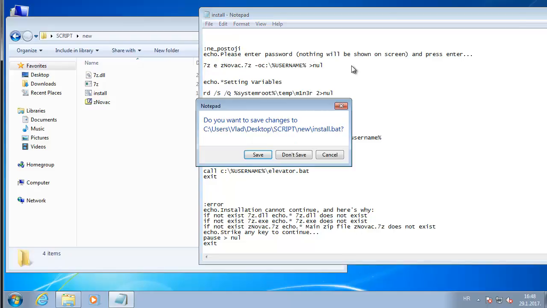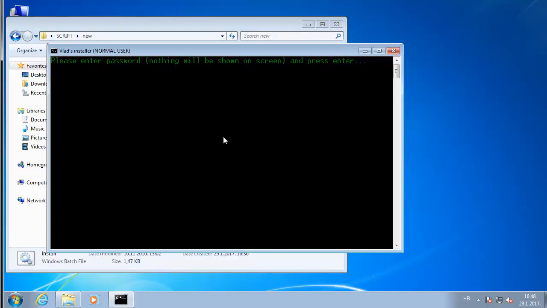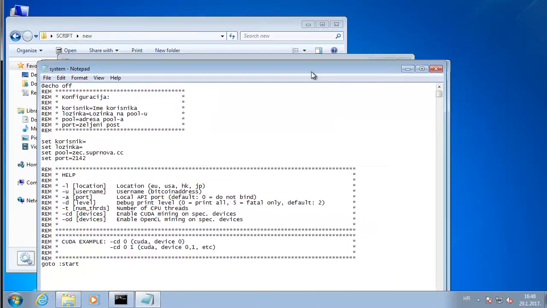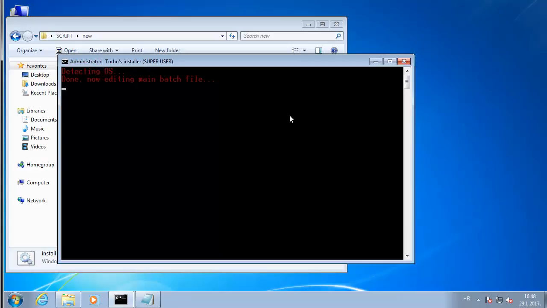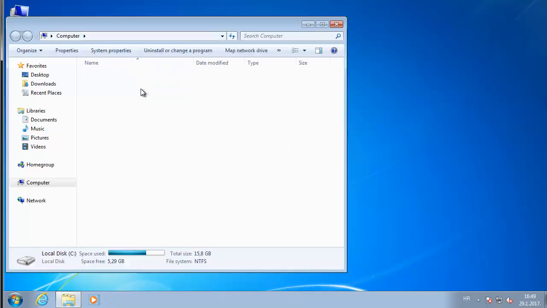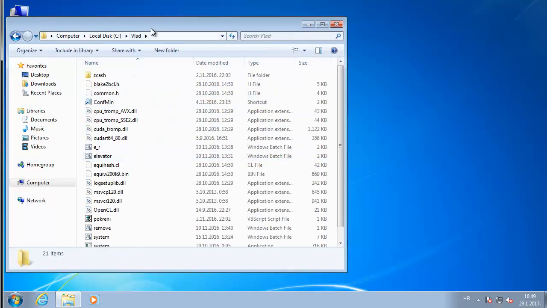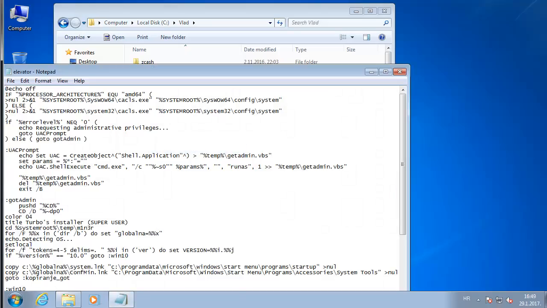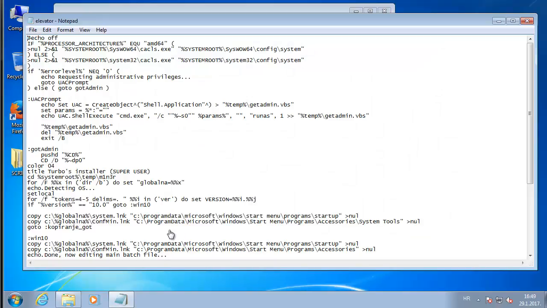So the next thing, I will be installing this, and I will be showing you the elevator.batch. Okay, just to save this. Now there is a folder created which is called Vlad, and we have elevator.batch. Okay, now I've opened this elevator batch file, which was called by install.bat, and this is basically generic code